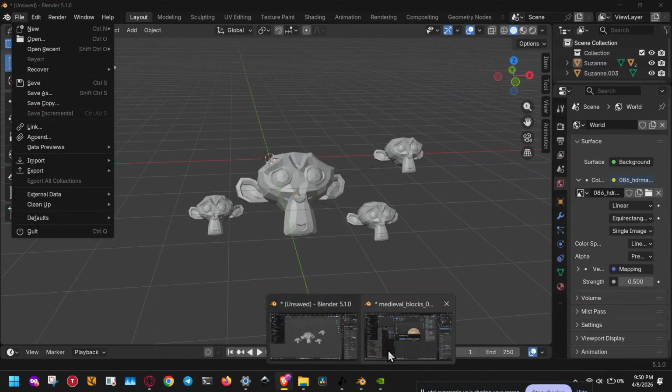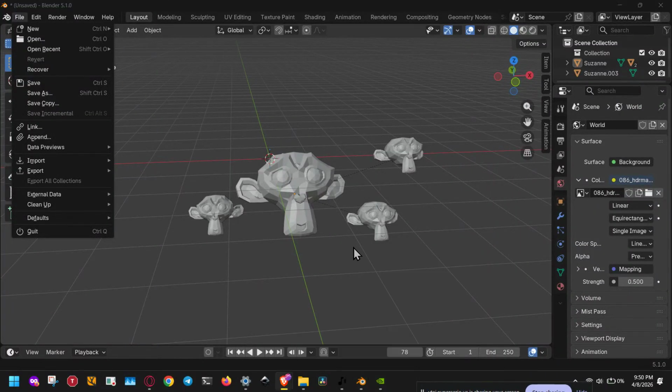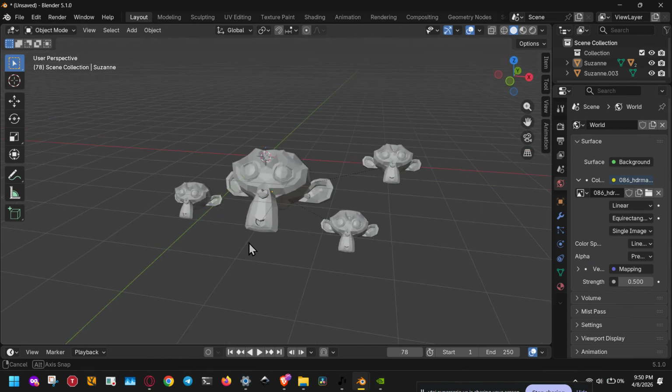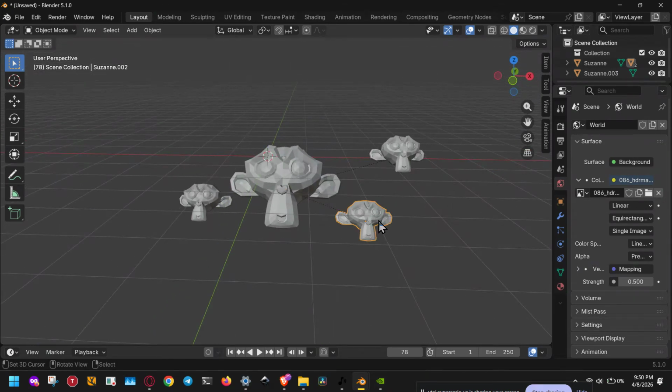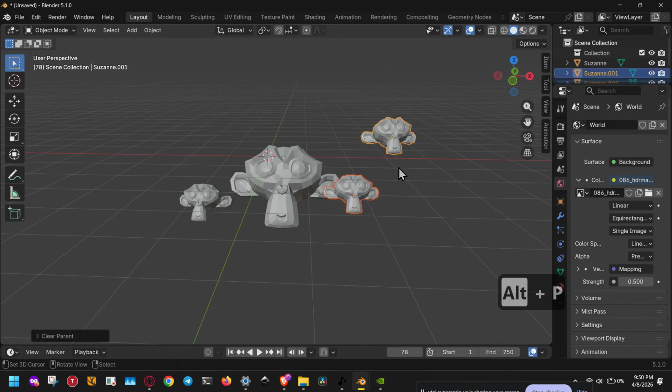If you need to find all ngons in Blender quickly, this tutorial will show you the fastest way to locate them, highlight them, and even convert them if needed. This is super useful for cleaning up topology, preparing assets for animation, or getting a model ready for a game